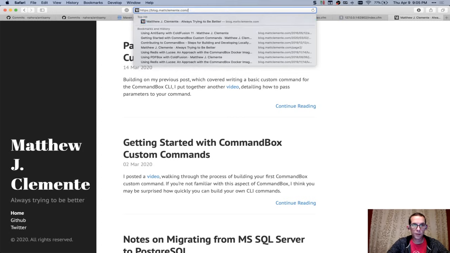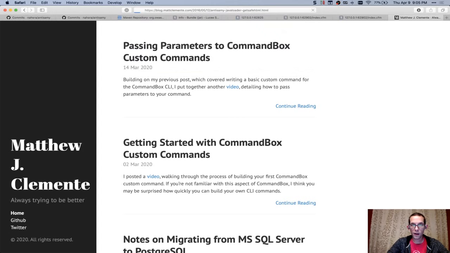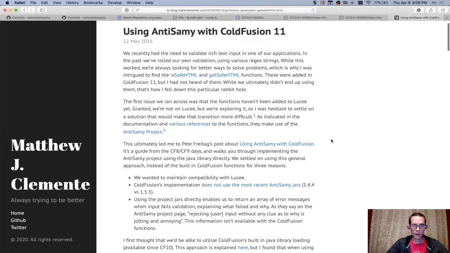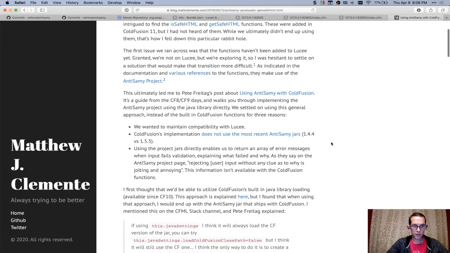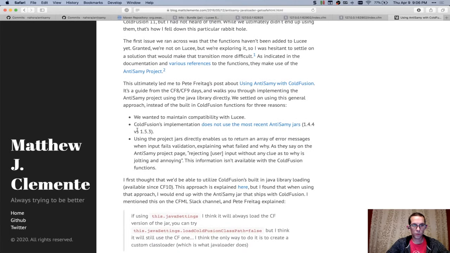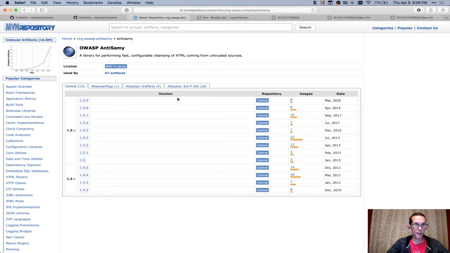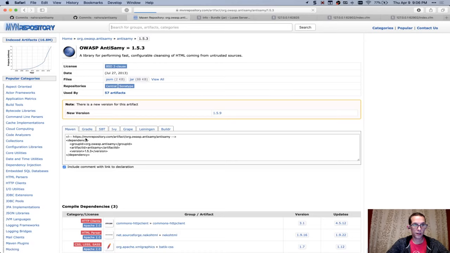Slash, do I have the AntiSamy one? Okay. At that point in time, what was I trying to use? I was trying to use 1.5.3. So this is just backstory. I was trying to use 1.5.3, yeah, and it gave me this 88 kilobyte jar. So for reference, the jar that we're using now,